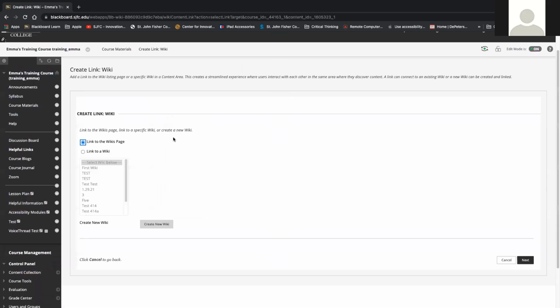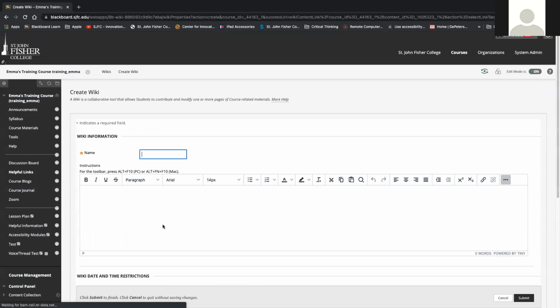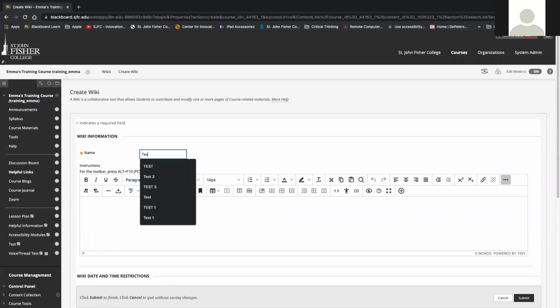And so the first step here is that we're actually going to create the wiki page. You can see I've got a bunch in here, but if you've never used a wiki before, you likely will not have anything in here. So you're going to click Create New Wiki, and you're going to give it a name. So we'll call this one test